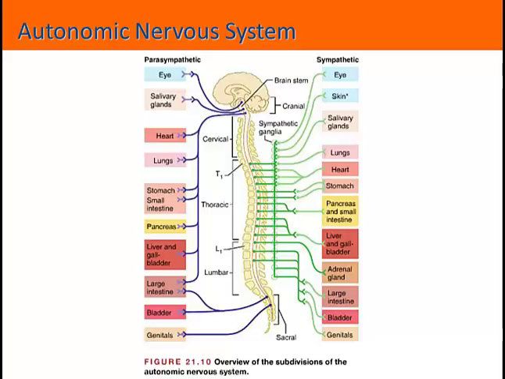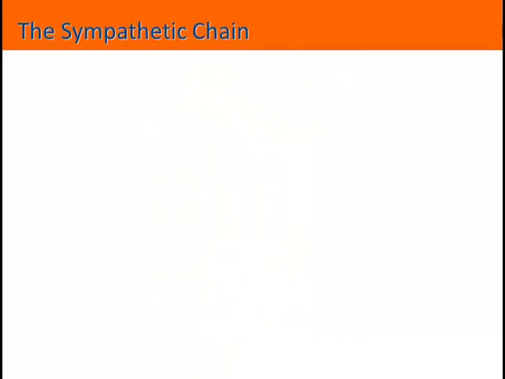Now, if you look at the left and right side of this diagram, you notice that a lot of those targets receive information from both sympathetic and parasympathetic branches of the autonomic nervous system. Those targets are under antagonistic control by both of those branches, and so they will cause opposite responses in those targets. Again, think about Cannon's postulates. We'll speak specifically about those functions in just a second.